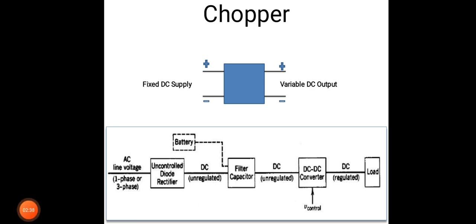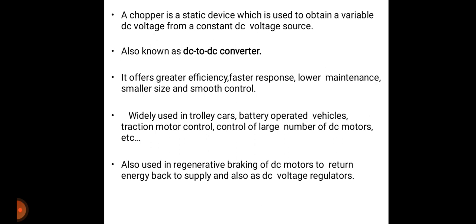A chopper is a high-speed on-off semiconductor switch. It connects source to load and disconnects the load from source at a fast speed. In this manner, a chopped load voltage is obtained from constant DC supply of magnitude Vs. Chopper is represented by a switch inside a dotted rectangle, which may be turned on or off as desired.